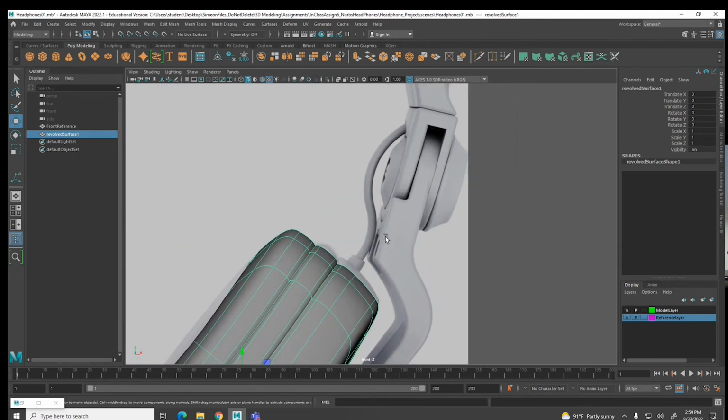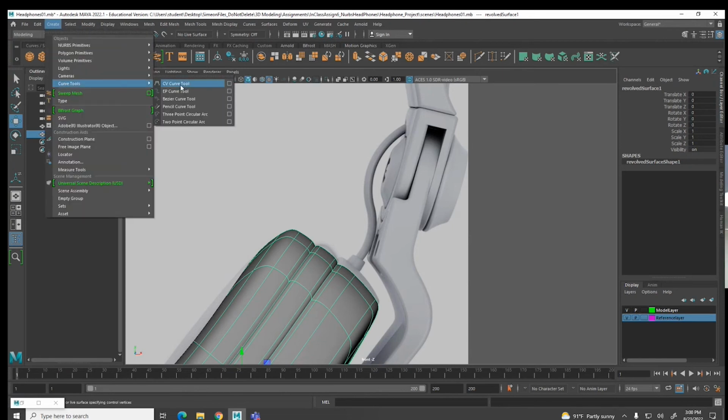Now, let's see. What do we want to model next? Well, let's go ahead and play with this little cord here, okay? Now, I already showed you how we can build a cord by using the extrude option, right? Now, again, we're not going to make this fit as a single model. These are going to be component based, so you can actually do like an exploded view or something like that. So I'm just going to go back to my create,